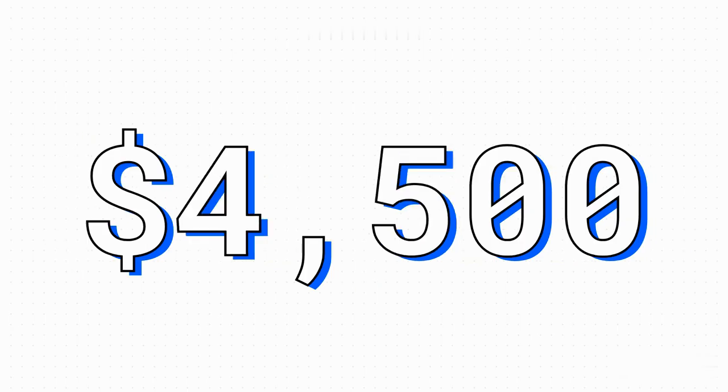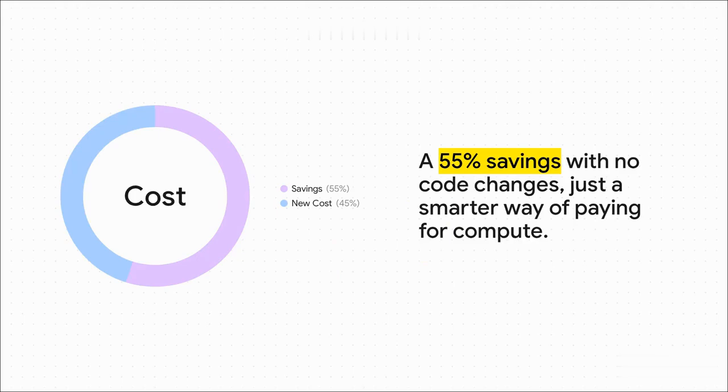Now watch the magic happen. You go in, you analyze your usage, and you apply a 3-year savings plan to cover that stable workload. Your new bill? $4,500. I mean, just let that sink in. You didn't change a single line of code. You didn't re-architect anything. You just made a smarter financial choice. And there it is, plain as day. That's a 55% savings. You literally cut the cost of your core infrastructure in half. You just took money you were already spending and put it right back into your company's pocket. That is a huge, huge win for any team.